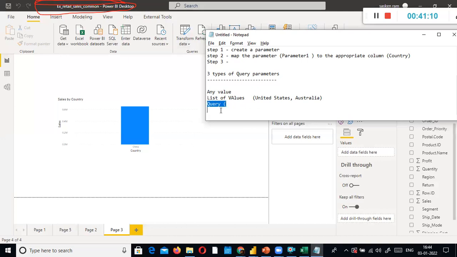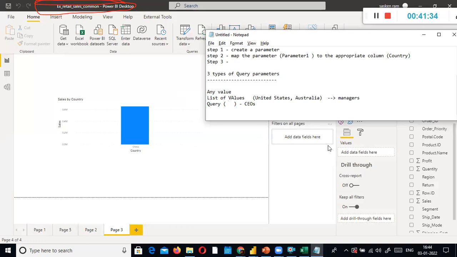And the other option is this one. If you have security reasons and want to limit users to view only specific countries, you can do it. So who can see what? The list of values can be seen by the managers. The query can be seen by CEOs.